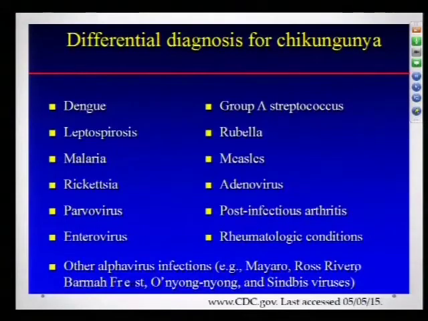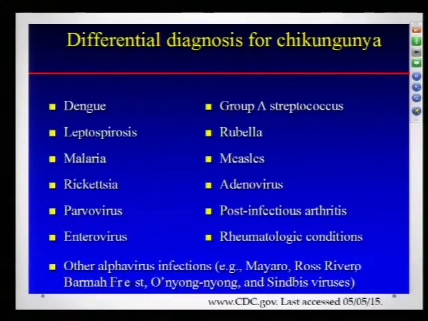The differential diagnosis here is very important, especially for us practicing here. Why? The first differential diagnosis here is dengue. When you compare chikungunya with dengue, we have to make sure that the patient doesn't have dengue because the mortality and the treatment outcomes are different. Then, of course, there's